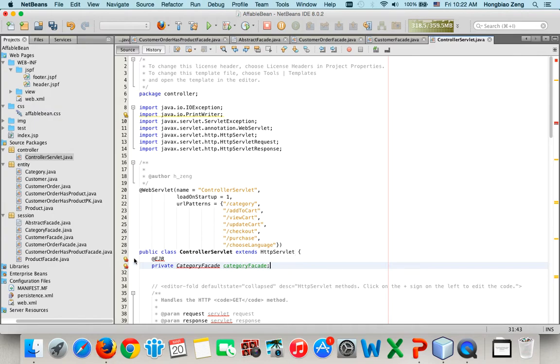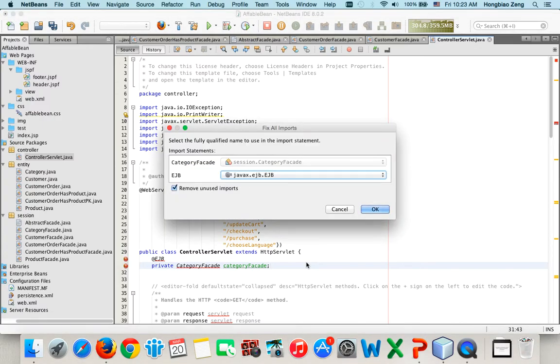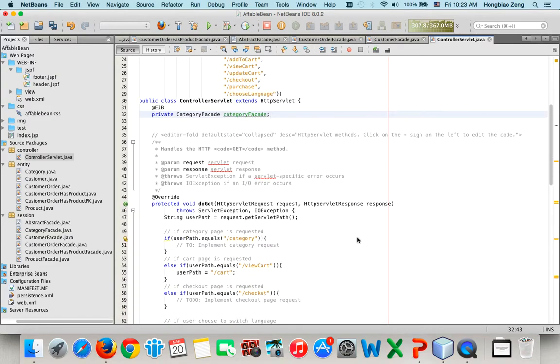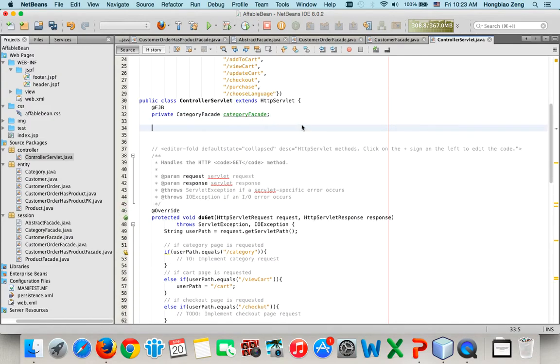Now you notice there are some errors. You can use Command Shift I to fix all those imports. Then I say, yes, I want to do that. So both are fixed. Then I add the following method: public void init()